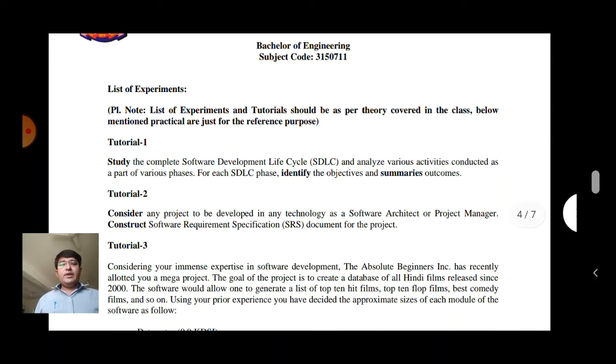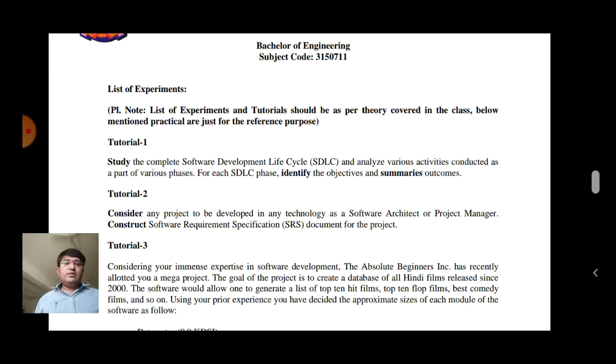So let me discuss tutorial 2. Tutorial 2 is about software requirement specification. The aim of tutorial 2, or experiment 2, is to consider any project to be developed in any technology, as a software architect or a project manager.